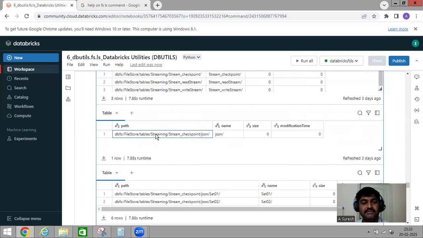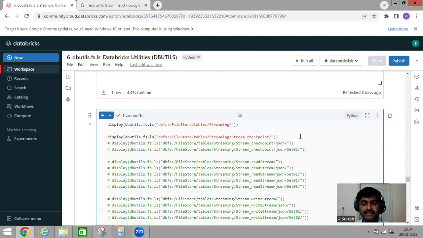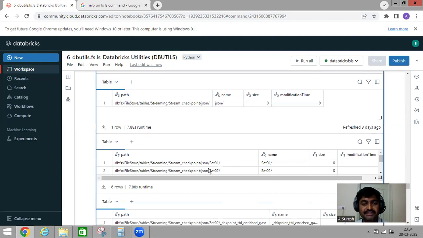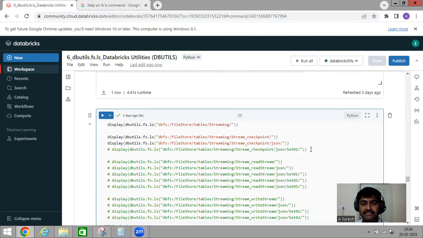So the first level is streaming. Under streaming I have stream_checkpoint. Under this I have JSON. So I'm copying this path and checking what is available under it. If I run this under JSON, see here, I have again more folders, set1 and set2. So if I copy this one, set1,